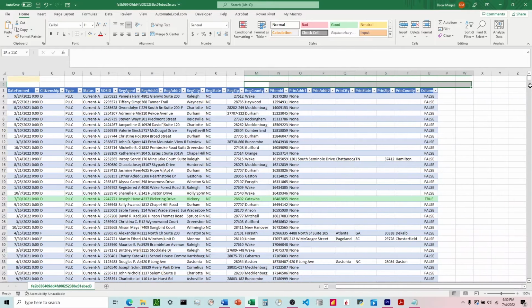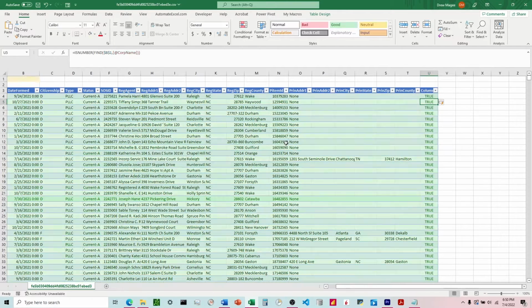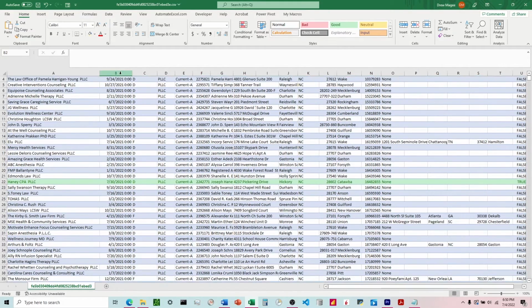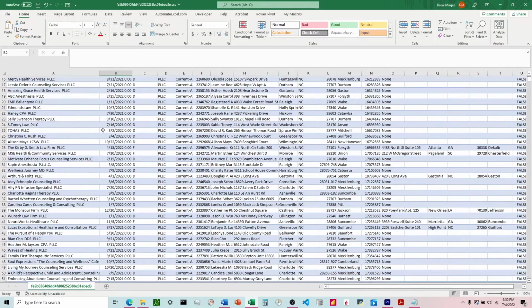and then we can come over here to this column here, and instead of putting the term directly into this formula, we can delete this and choose this cell. We're going to hit F4 to lock it. We'll hit enter, and then we can come up here and just type the search term into this box. So we do CPA there, do engineer. It'll automatically change it